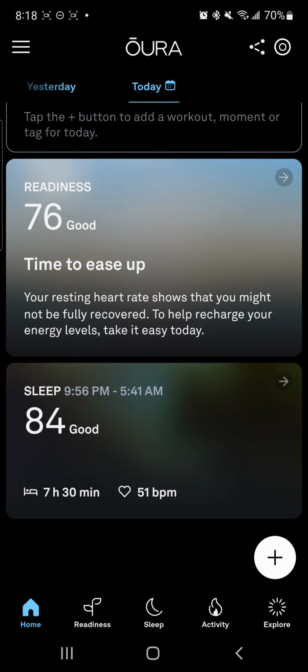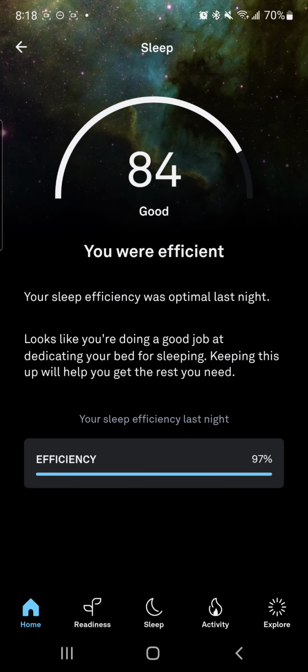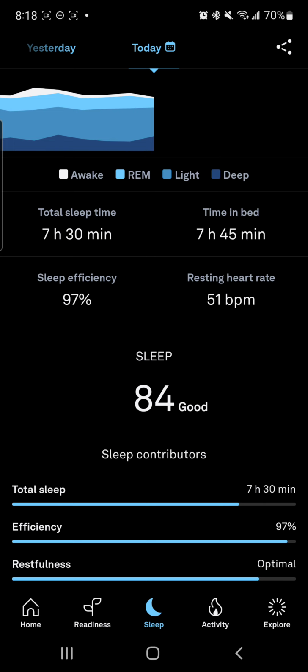And then we got the sleep score, 84, which is about normal for me. Slept 7.5 hours last night, 51 beats per minute. Gives me the times that I was asleep. Gives me an efficiency score, and there's all sorts of information in here. You got this nice little colorful graph with the wake time, REM, light and deep sleep, time in bed, resting heart rate, sleep efficiency,